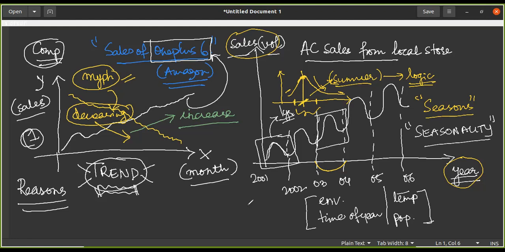So for example, we know that our planet Earth is revolving around the sun. It will take 365 days to complete a revolution. So this is something that is already given to us by nature. There is no way we can control it. We are just a small organism on this planet. We are not going to change the setup. So this is a setup which is external to us. We have no control on the setup.